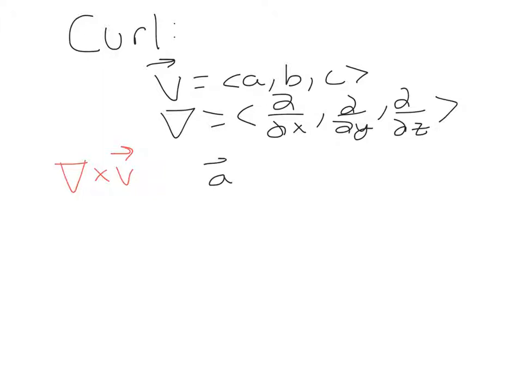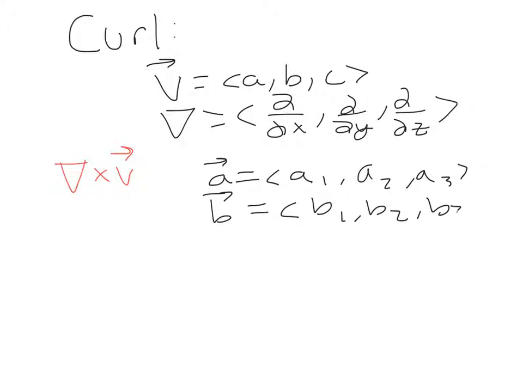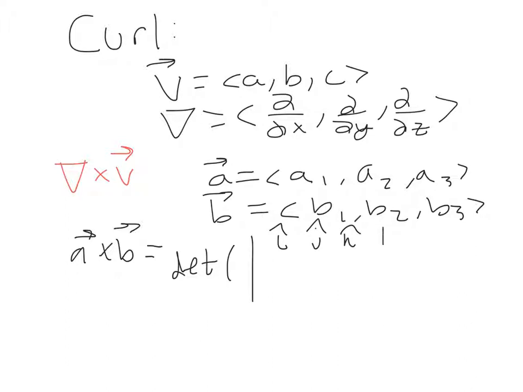so let's say you have vector A equals A1, A2, and A3, and the vector B equals B1, B2, and B3, then A cross B can be defined as the determinant of the matrix I, J, K, where you write out the components, make sure that the order is correct,